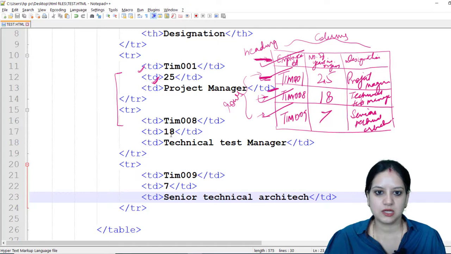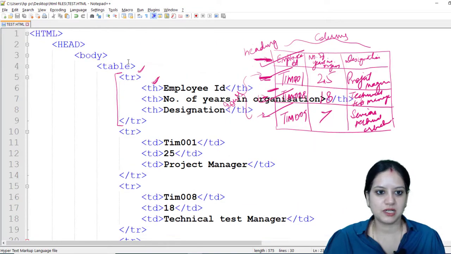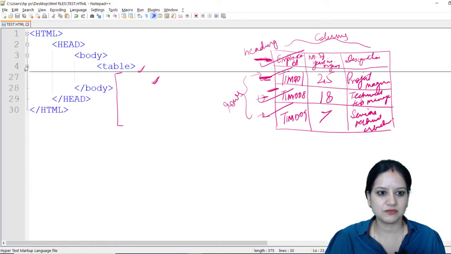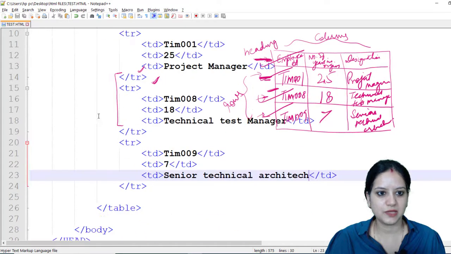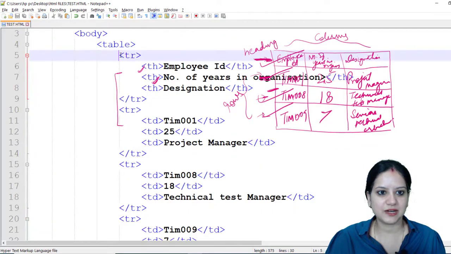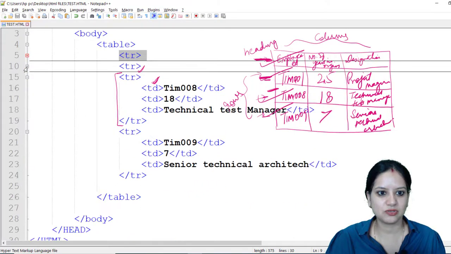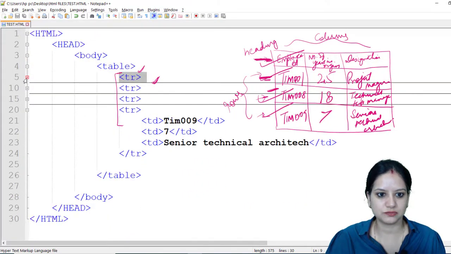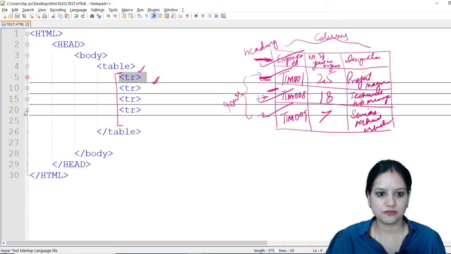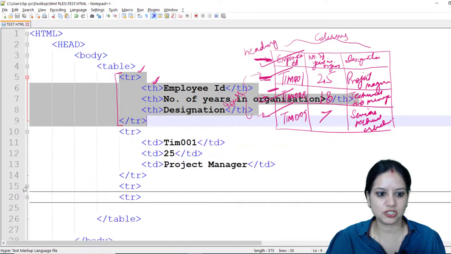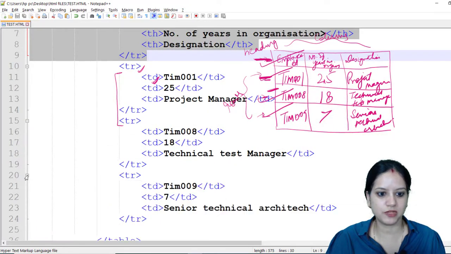Okay. So let's see what we have done. Created a table tag, and let me help you visualize it quickly. So this is the table tag, right, which we have started and ended. Inside this table tag, we had this tr, which is the first row. We had this second row, and we have this third row, isn't it? And this is the fourth row. So one table, 4 rows. First has a heading. The remaining 3 has the information, which we have depicted in the form of the td